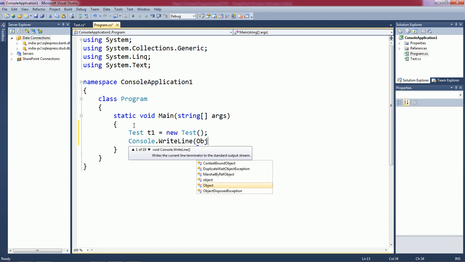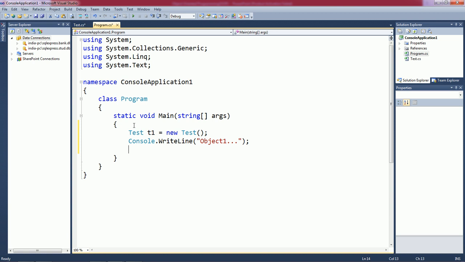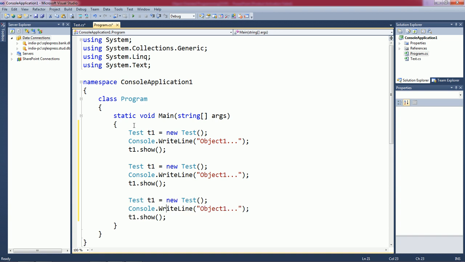Here just give the message object 1 and simply call the show function. The program ends with Console.Read or ReadLine, ReadKey.